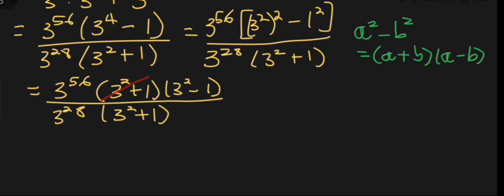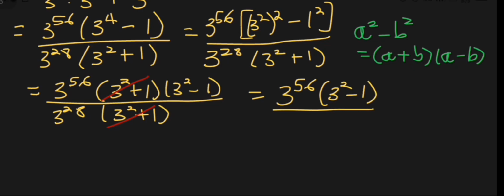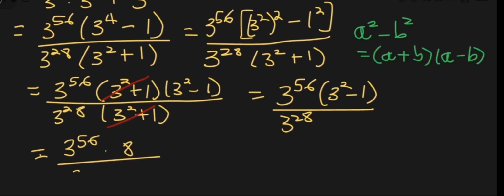Easily 3 squared plus 1 cancels out to give us 3 to the power of 56 times 3 squared minus 1 over 3 to the power of 28. This is also written as 3 to the power of 56 times 8, as 3 squared is 9 and 9 minus 1 is 8. Then over 3 to the power of 28, where we apply the law of division of powers,